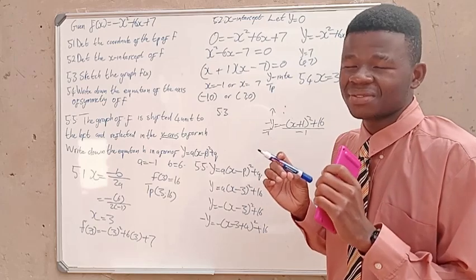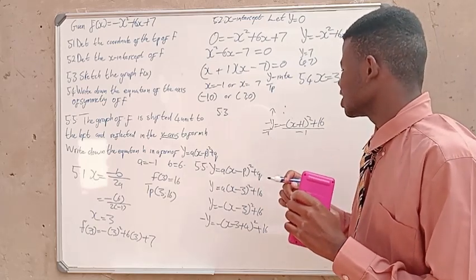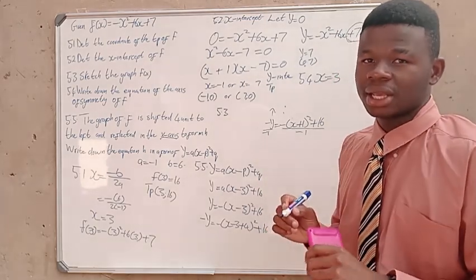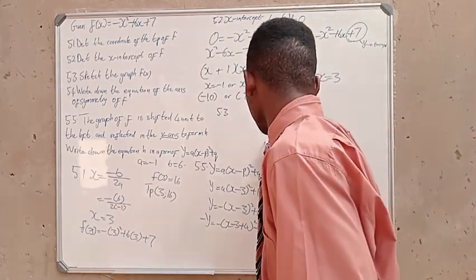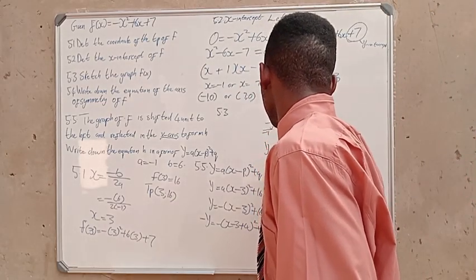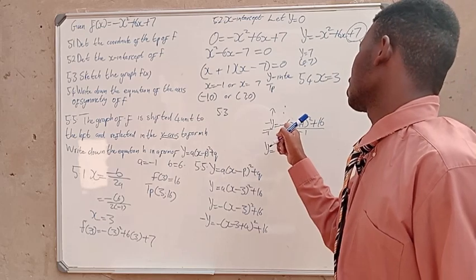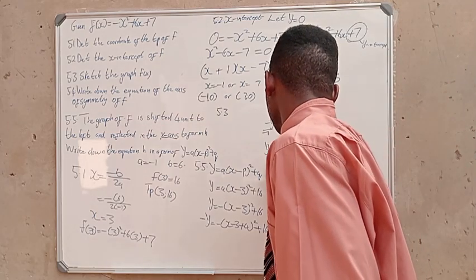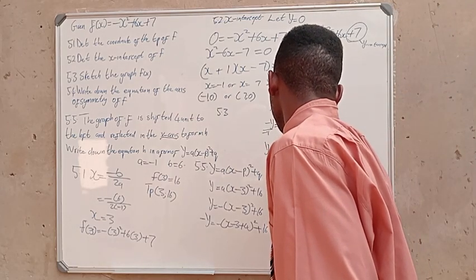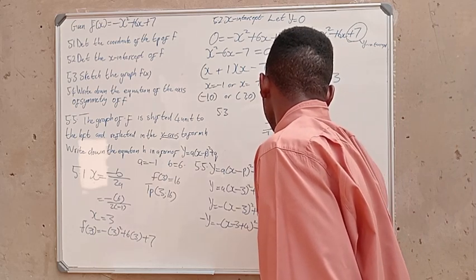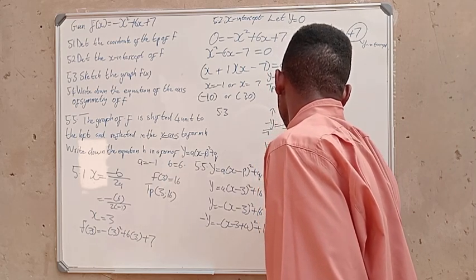We don't want negative y, we want a positive y. Then we get y is equal to, this negative cancels that negative, (x plus 1) squared minus